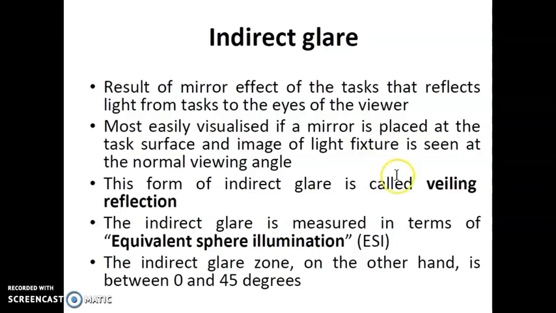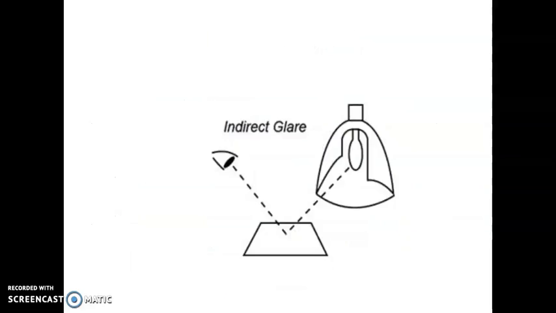It is also known as veiling reflection, and it is measured in terms of equivalent sphere illumination, and basically it comes in the degree of 0 to 45 degrees. So this is how you have your luminaire, you have your eyes with the heads down position. This is your work area. The light which is coming over here, if it is reflecting back to your eyes, then it is known as an indirect glare. So with this we are coming to an end of the lighting design for the interior systems,